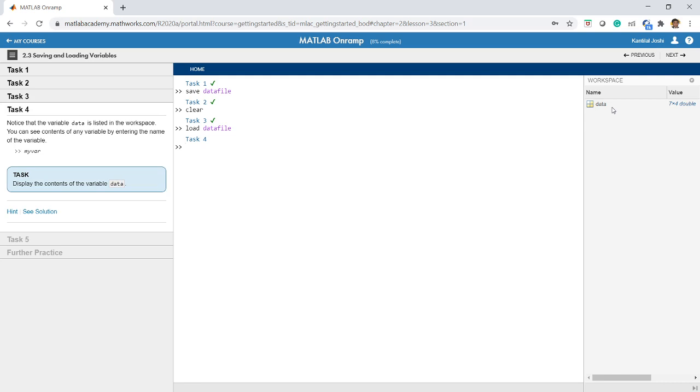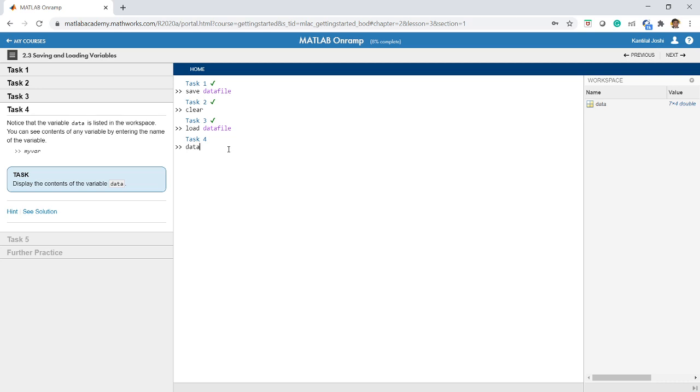Now moving on to the next task, which says displaying the contents of the variable. It's very simple. We spoke about this in the earlier session also. If you want to see what is inside a variable, simply type that variable name and it will display the output. So I know that there is a variable named data. What is inside this?